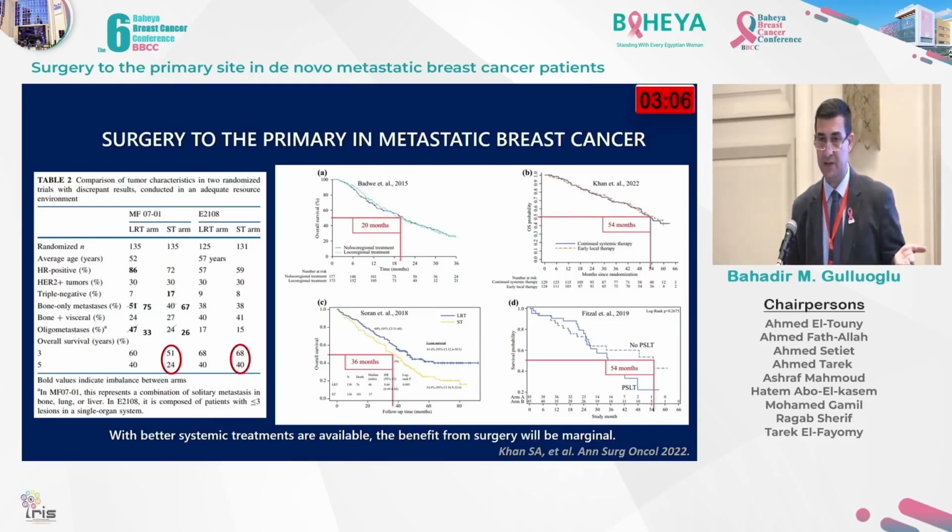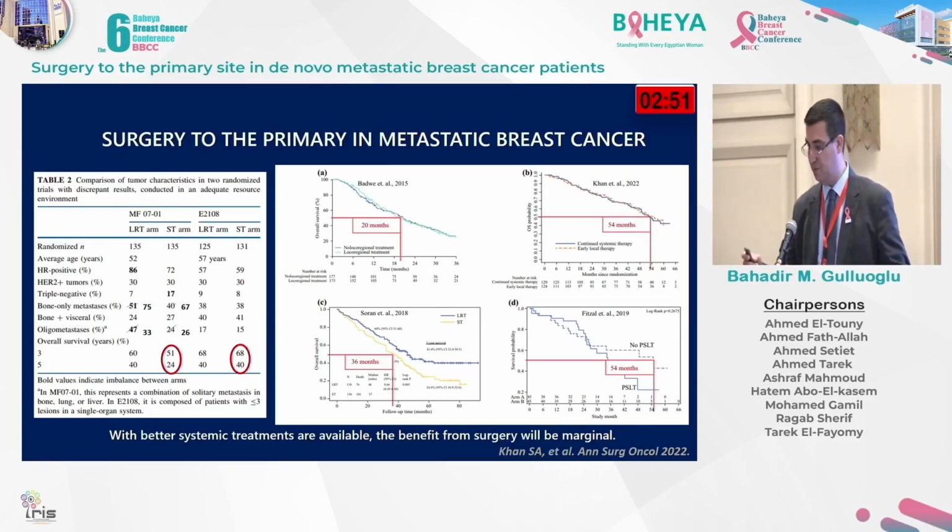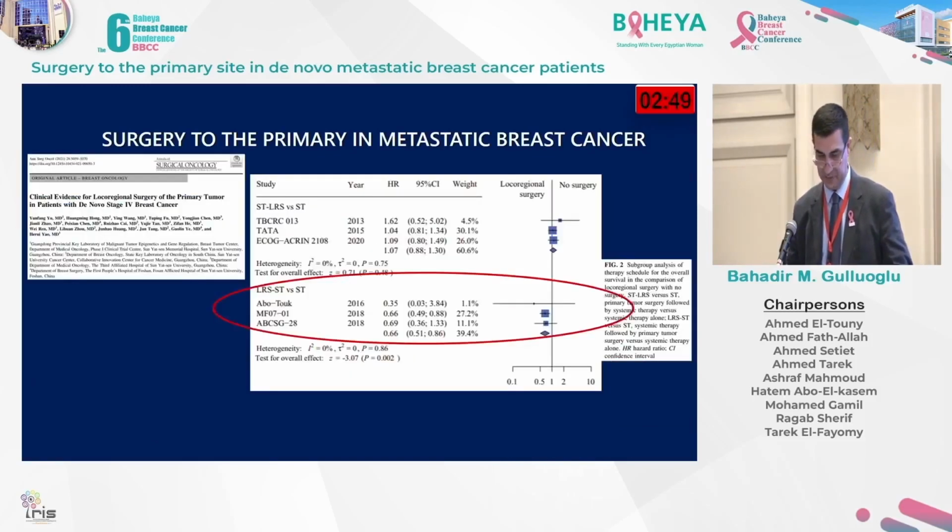Maybe this is the reason, because they're using maybe more contemporary treatment in their patients, who have more survival in their systemic group. But if you're working in a low-budget, low-income country, maybe it's not possible to use those systemic treatments. Maybe surgery may have an advantage here. So again, in the